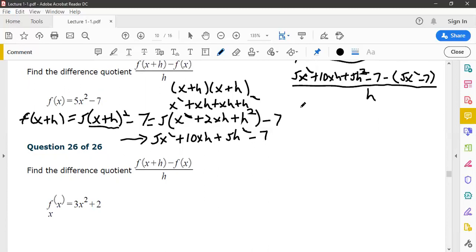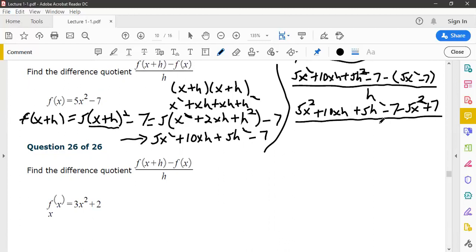So let's remove parentheses. So that gives you 5x squared plus 10xh plus 5h squared minus 7 minus 5x squared plus 7